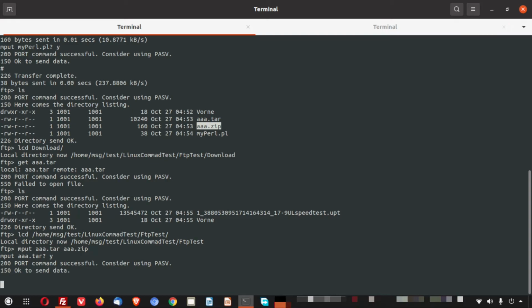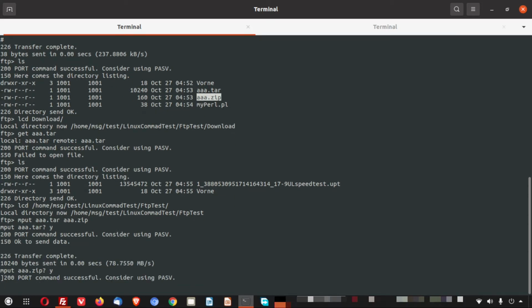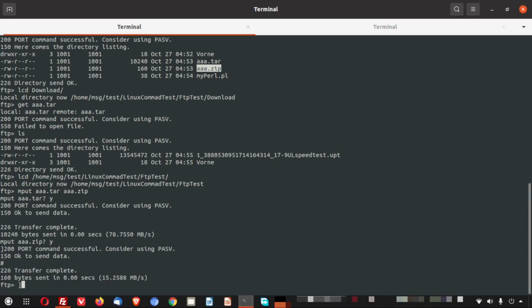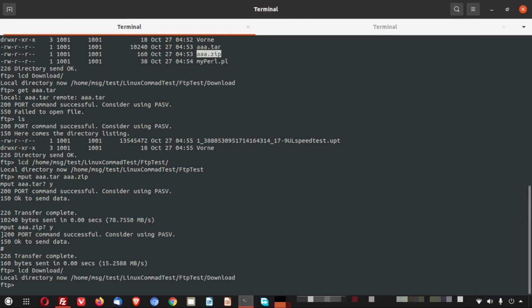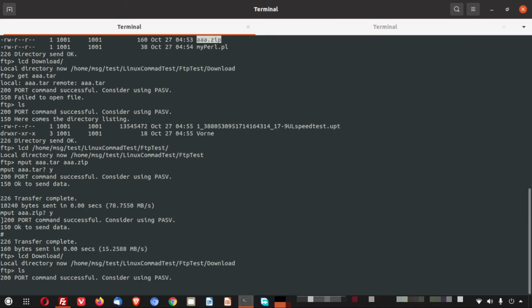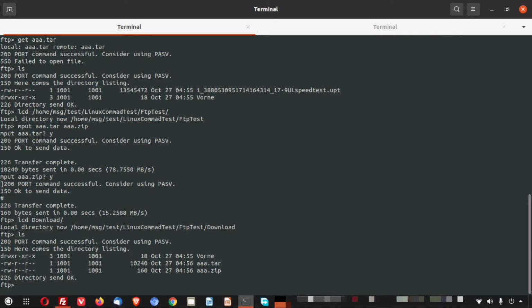Yes. Yes. Now I'll do the lcd download and I'll do the ls here. You can see I'll type get to download the file.